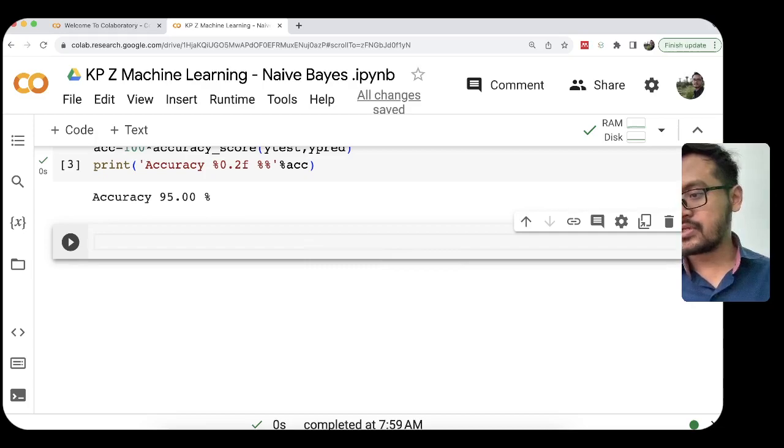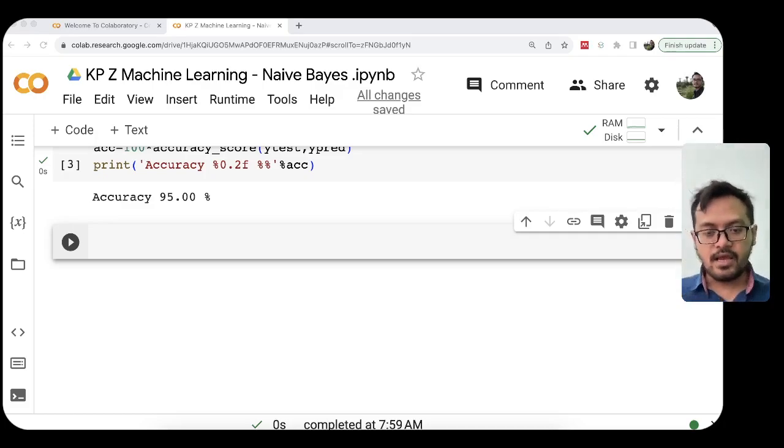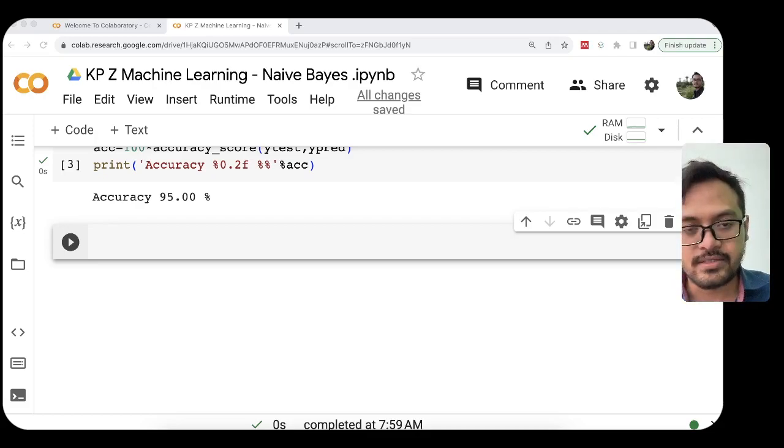Based on the assumption, as I mentioned at the beginning of this class, Gaussian naive Bayes or naive Bayes sees every feature as independent, so every feature is not correlated, right?